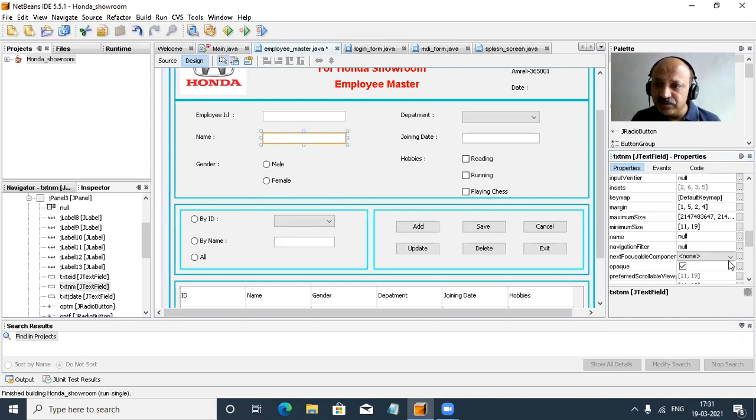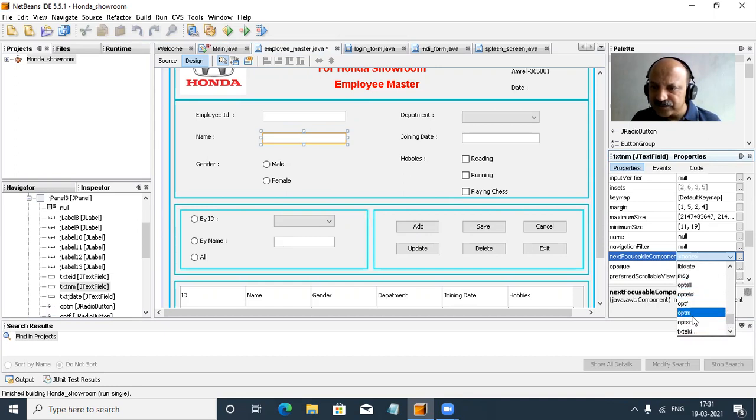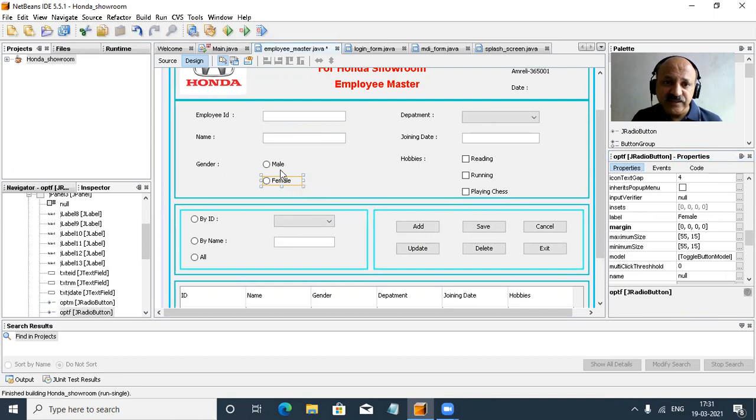Opt means option button, or you can use rbm, that type of ID you can also give. So OPT, that is optMale, and here M. Then after this we can select the combo box. Let us check the next focusable property.